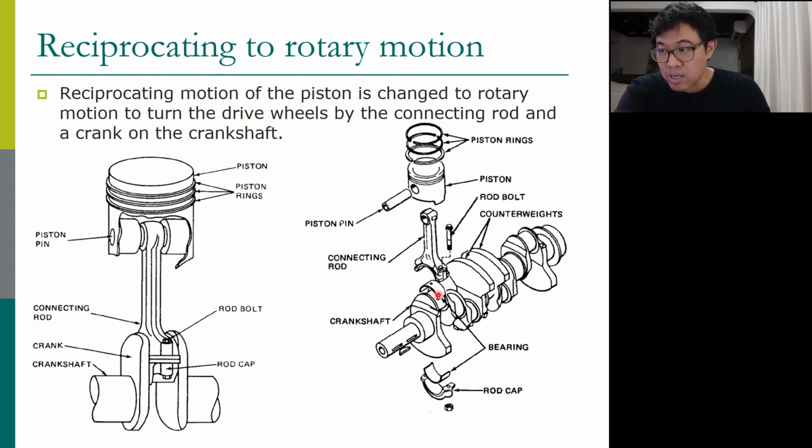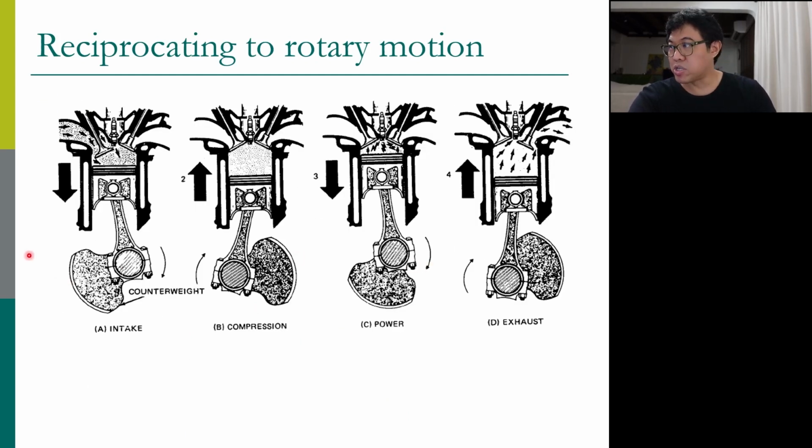The crank is connected to the connecting rod using a bearing, so this connecting rod can rotate around the crank like that. Which means that during operation, when the piston moves up and down, the crank